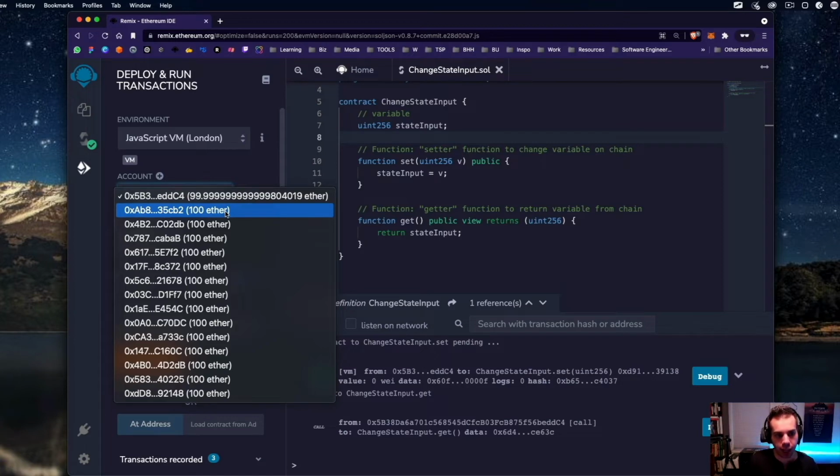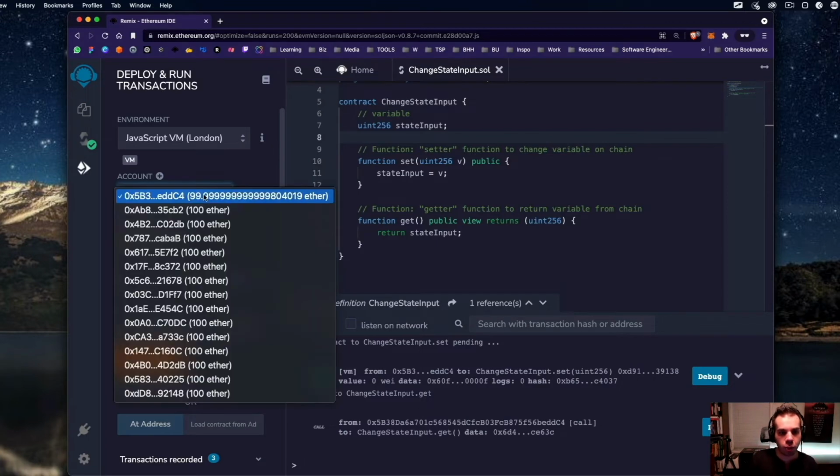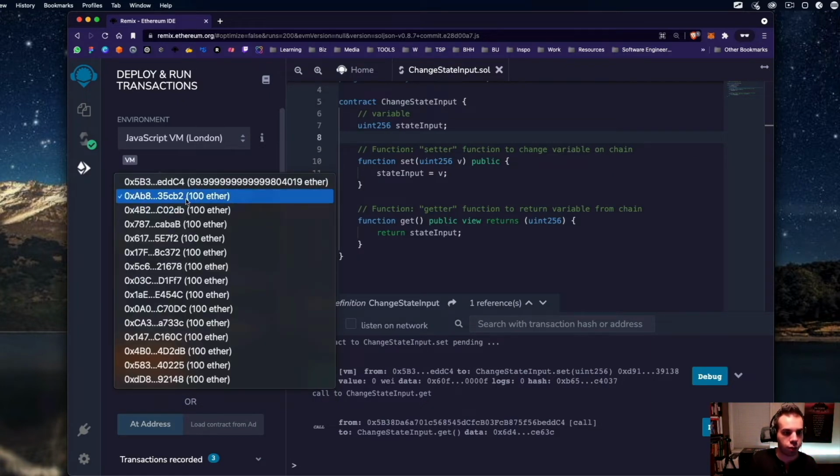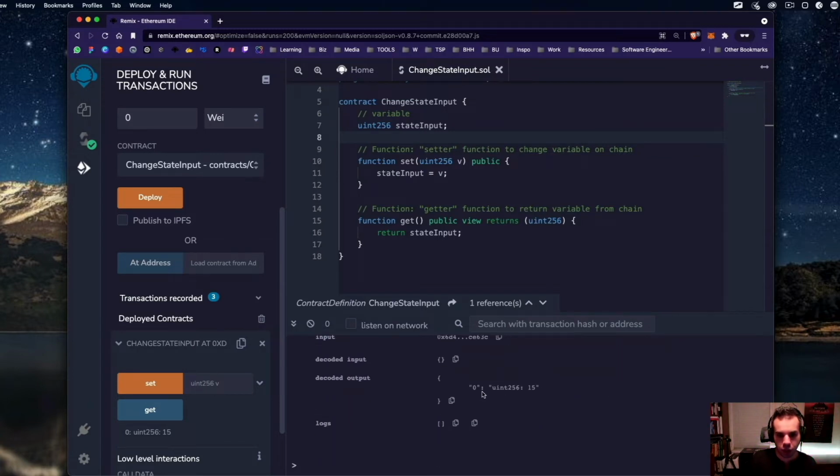One of the very cool aspects of blockchain is that when you deploy something to a given network, all of the people that are a part of that network are able to interact with it if they have those privileges. So this is a completely different account. Let's see if we're able to actually get this contract. We're calling on that deployed contract address. It was 0 when we started because we hadn't called anything yet, but it's calling what was set on the blockchain, which was 15.